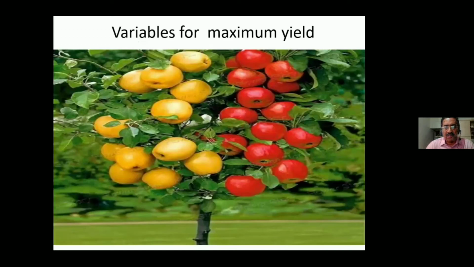This is a small example. This is an apple tree, a tree giving apples, and you see the apples there in the tree. Now, can we identify what are all the different variables that go into giving a good yield? The objective of the plant is to give maximum yield, maximum number of fruits you want.